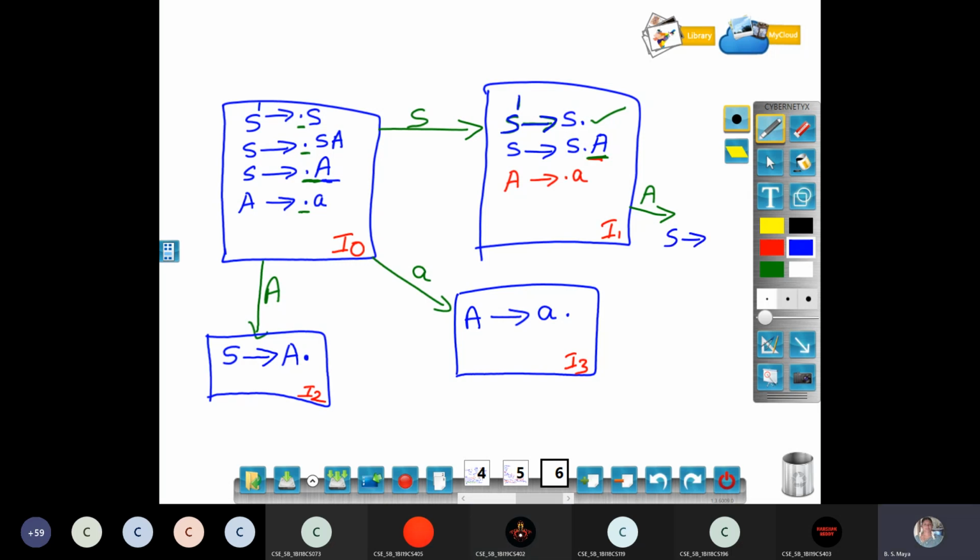A dot. Okay. Do you have any other production in I1 state with dot A? I got only one, ma'am. Is there anything else? No, ma'am. Is there anything else, Likit? No, ma'am. Did you understand this step?